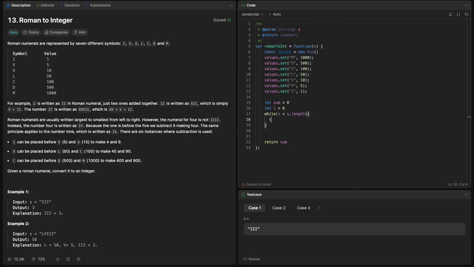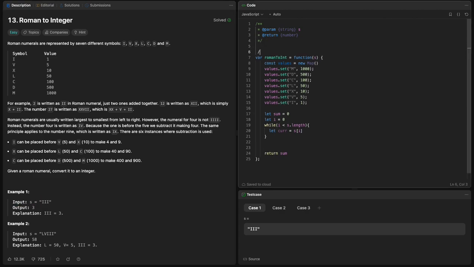I will say that we have a value called let current. Let's call it current, which will equal s dot i, and that means maybe you will get these symbols, like for example you get a symbol like that. So s dot 0 will equal the first i. So we want to do something. Each number we find, we get its value from the table and add it directly to our sum